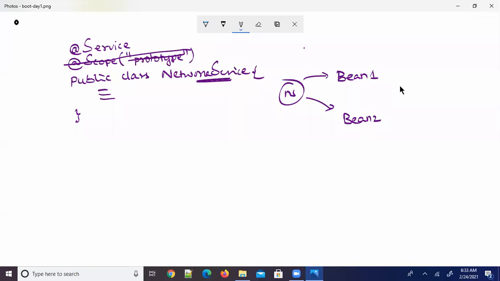Without doing this, we can't create any real-time application. Of course, I'm not talking about a hello world application, but any real-time application consisting of many classes working in different layers.